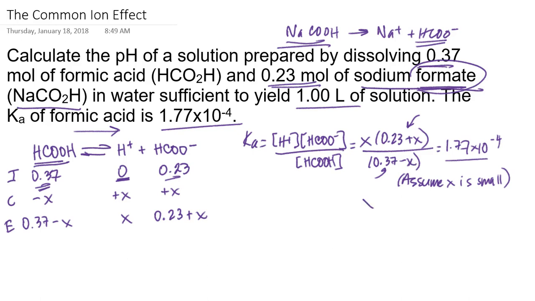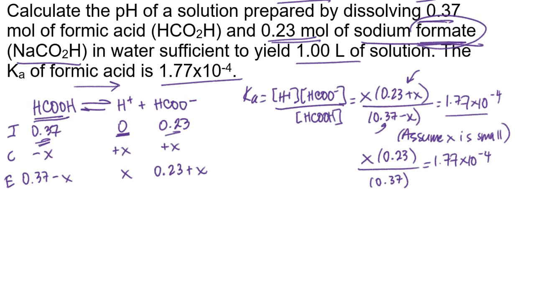So that means that this will simplify to X times 0.23 over 0.37, and that's going to equal 1.77 times 10 to the negative fourth. I'm going to go ahead and solve for X, and if you do the algebra properly, you should get 2.8 times 10 to the negative fourth